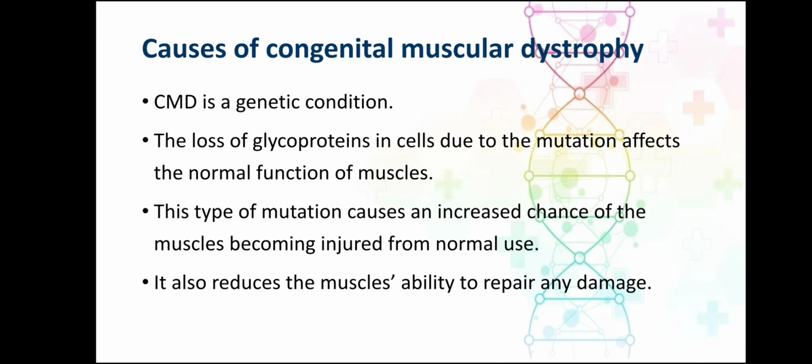Cause of congenital muscular dystrophy. It is a genetic condition. The loss of glycoproteins in cells due to mutation affects the normal function of muscles. This type of mutation causes an increased chance of the muscles becoming injured from normal use. It also reduces the muscle's ability to